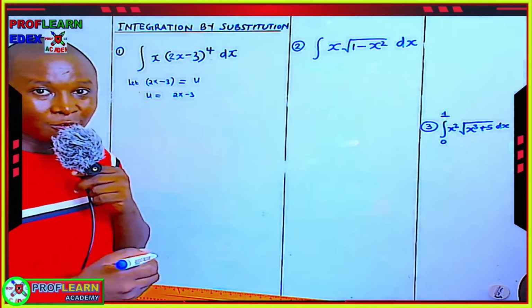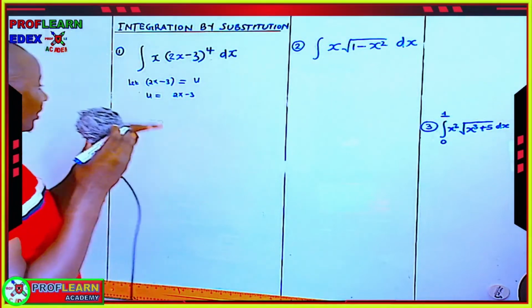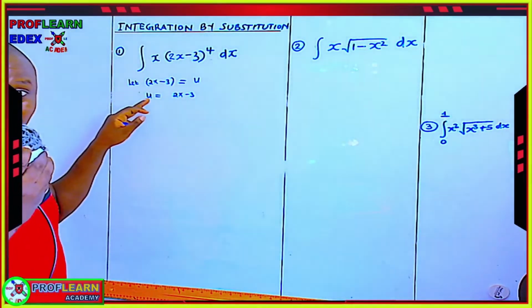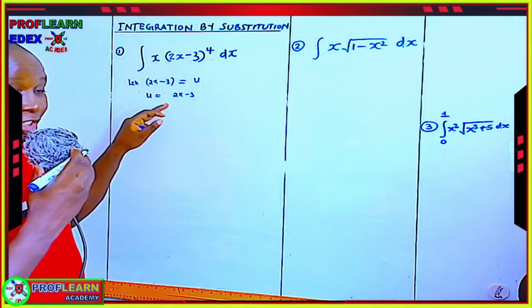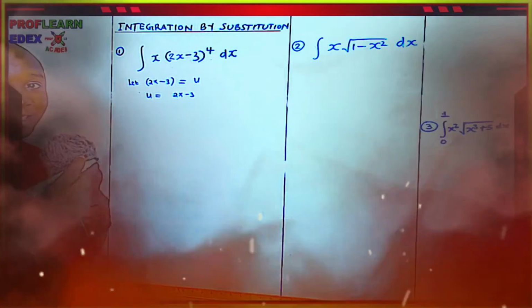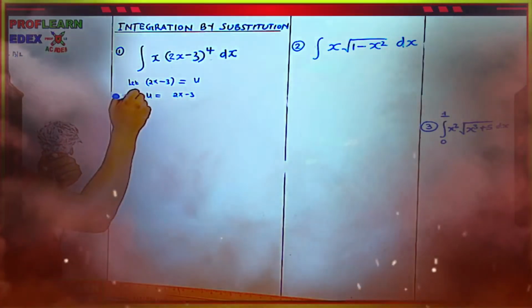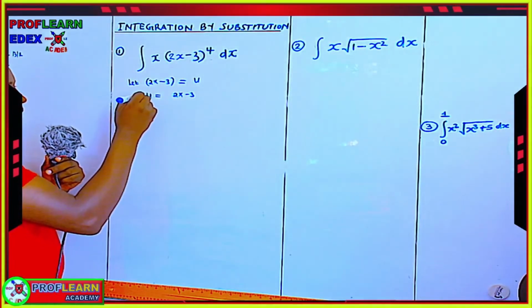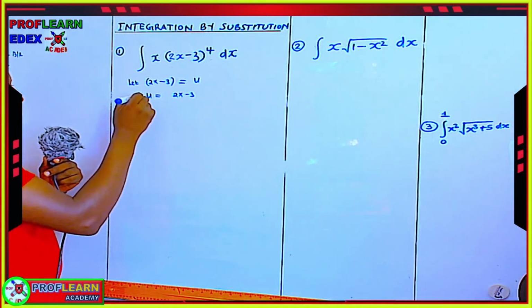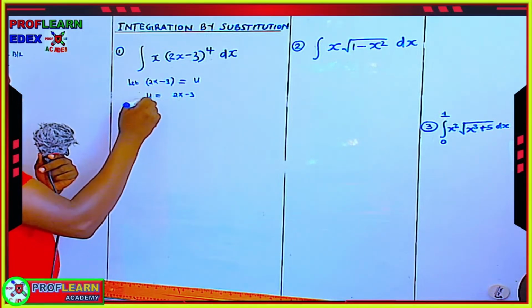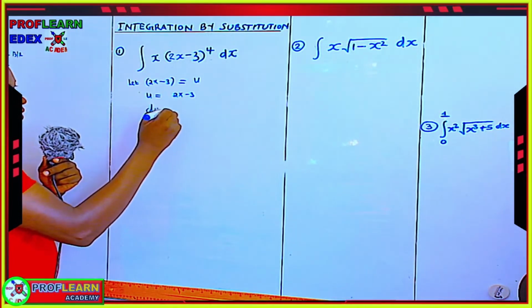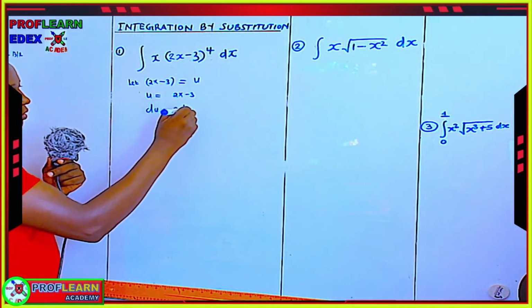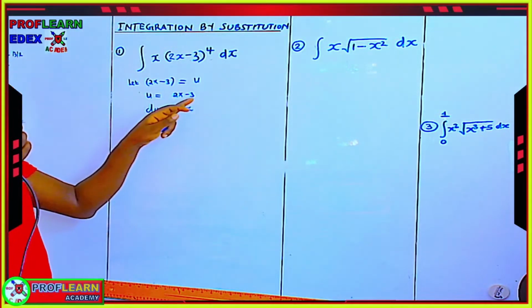Then we are going to differentiate this because u is a function of x. We are going to differentiate both sides. Differentiating this, we are going to get du is equal to 2 dx, like that,